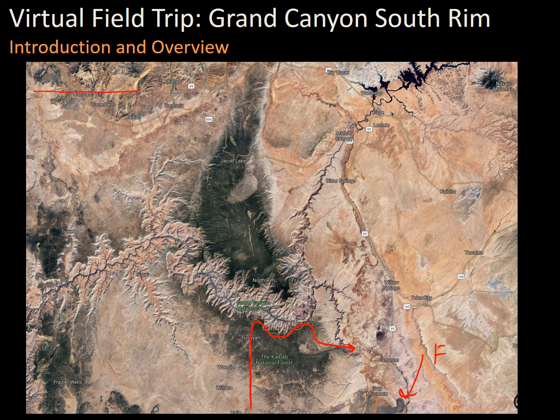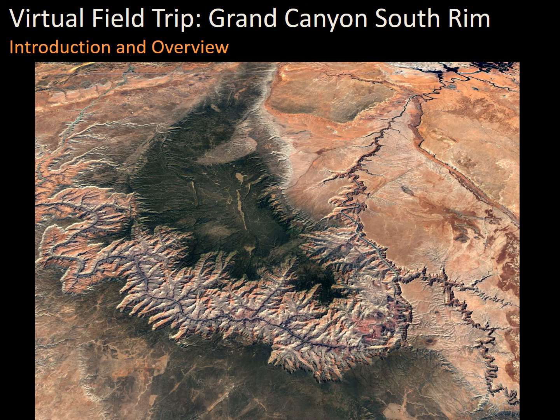Let's take a similar view in oblique satellite view. I'm going to be using this image quite a bit. Each of the field trip stops I'll introduce and show you where you are using this image. And by and large, we're going to be visiting the Grand Canyon along the South Rim from this point, which